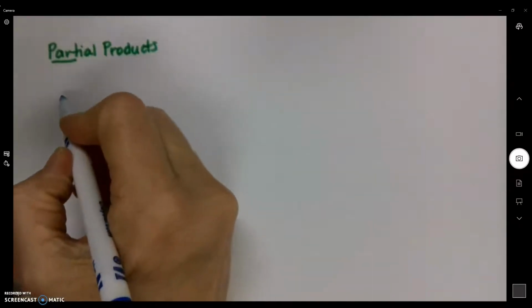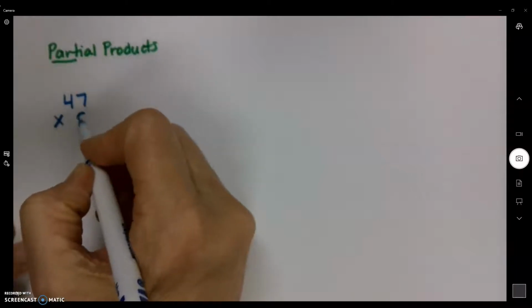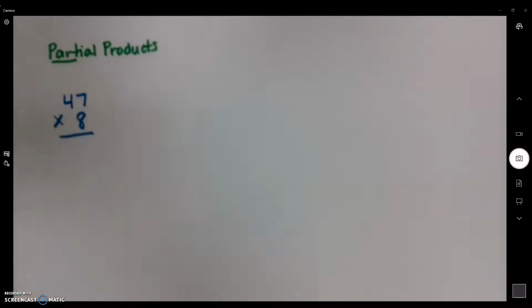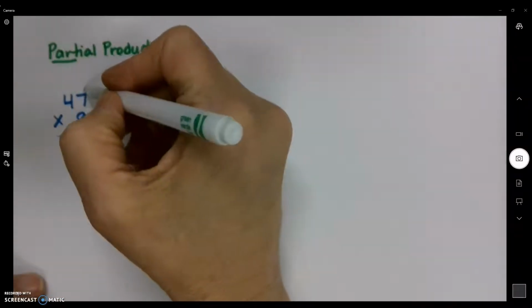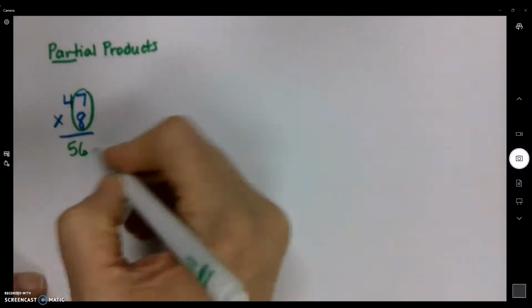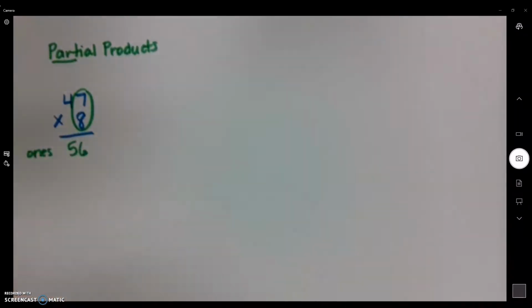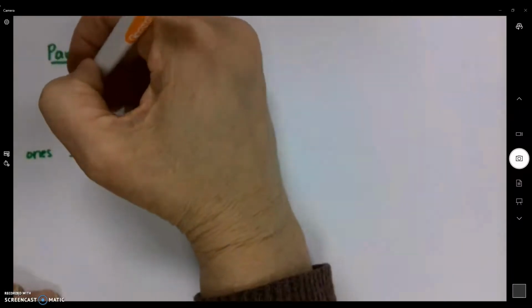So this week we kind of started out looking at, say, a double digit times a single digit. And we looked at place value for this one. So the first thing we did is we circled the ones. 7 times 8 is 56. And remember, that's ones. 56 ones. And then we moved over to the tens. And we said there's 40